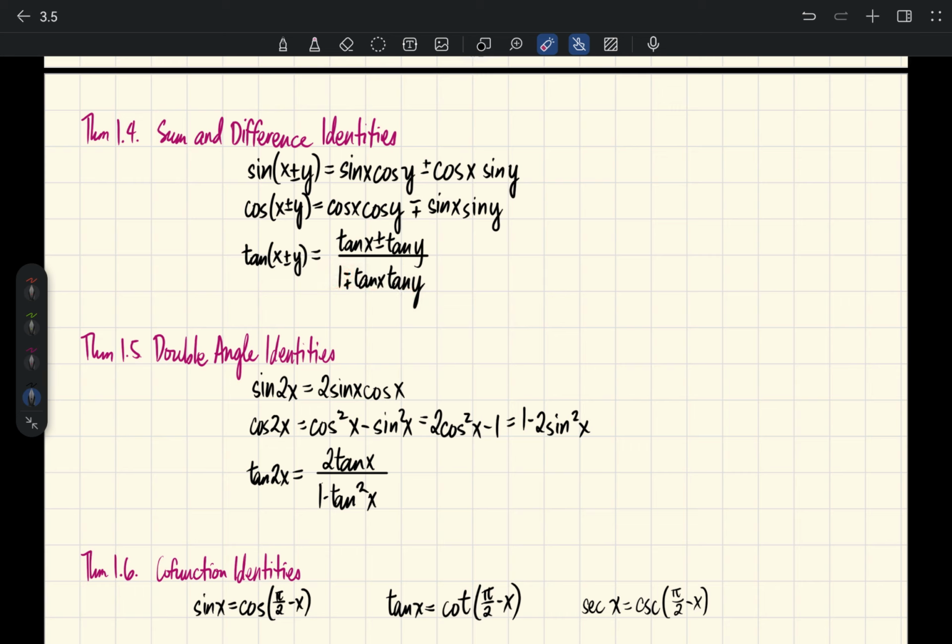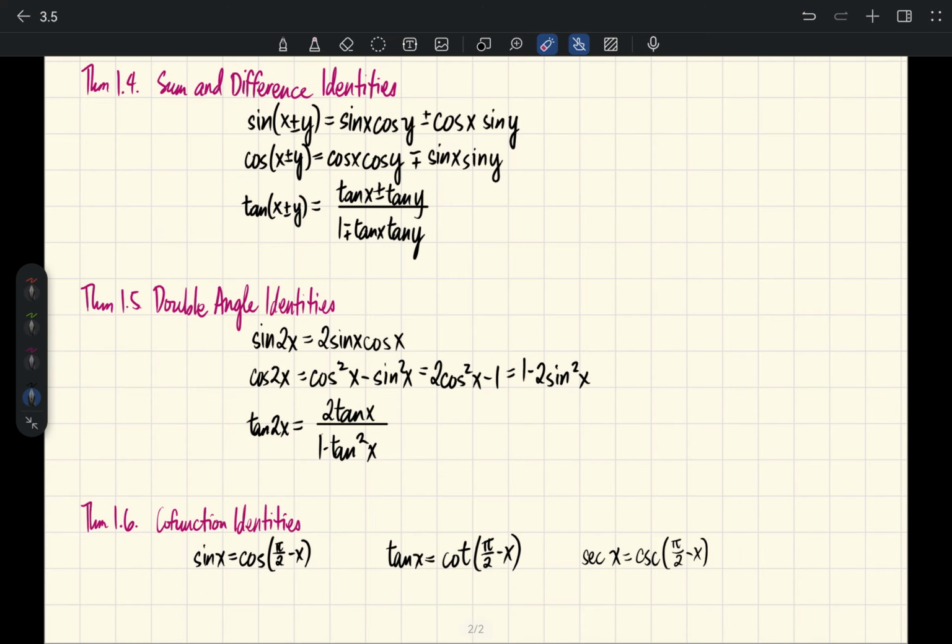So for you to easily remember, for the one in the numerator, you add or subtract tangent x or tangent y according to the sign inside. But for the denominator, you multiply tangent x and tangent y, tapos may 1 ka dito. And in the middle of them, you just negate the sign.